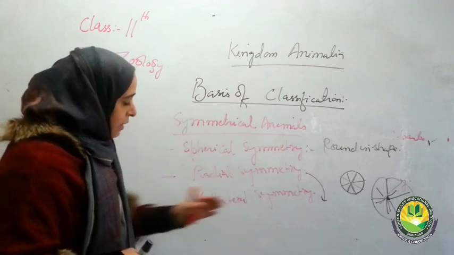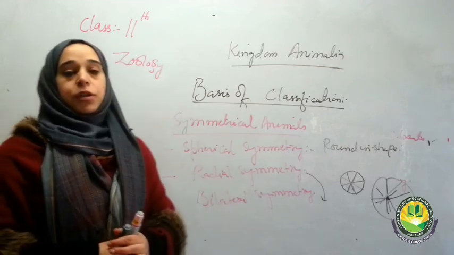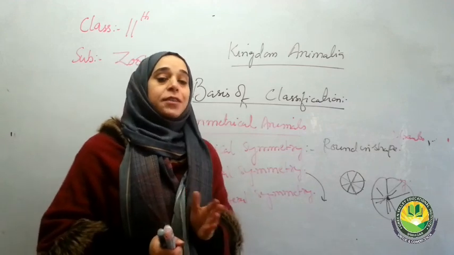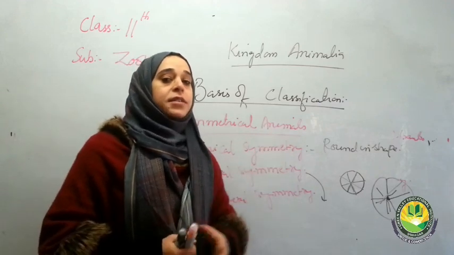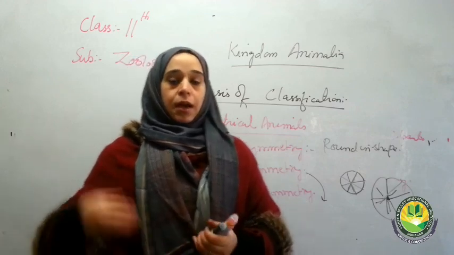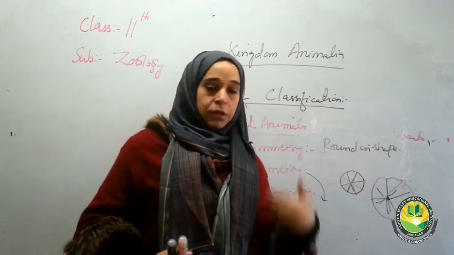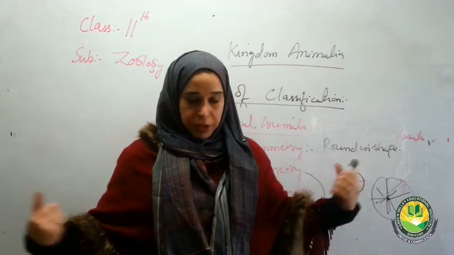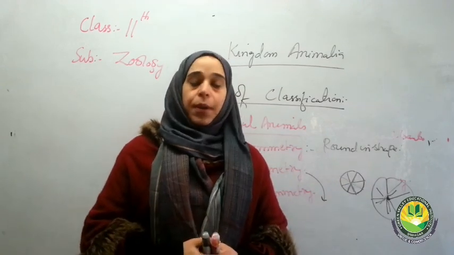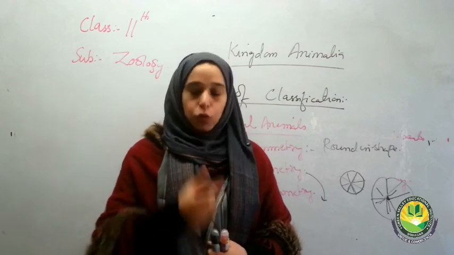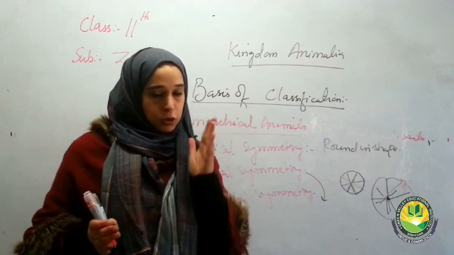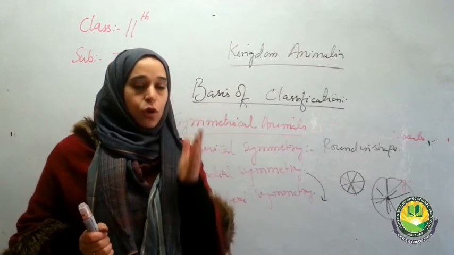When we talk about the bilateral symmetry, students, here the left side of a body part is said to be the mirror image of the right hand side. For example, look at me. This portion is the mirror image of this portion. Here, my forelimbs are in a pair, my hind limbs are in a pair, eyes are two, nose with two nostrils. तो यहाँ पे दो mirror images होती है,